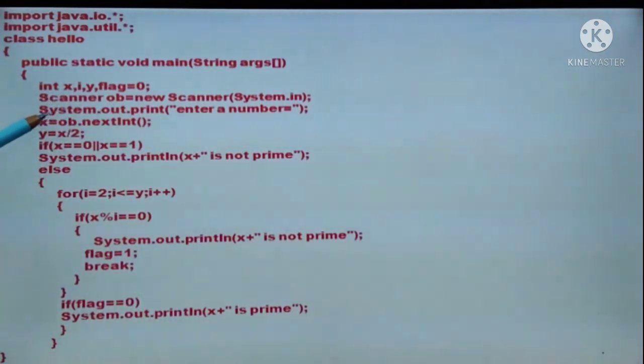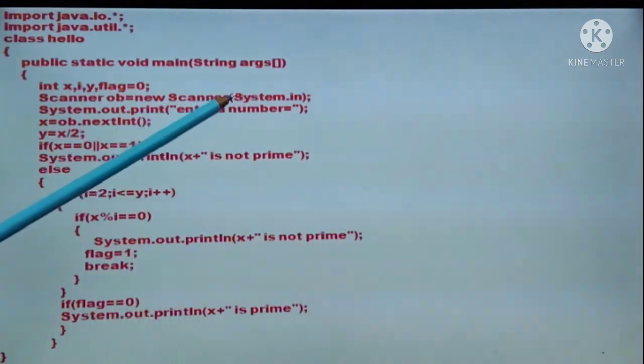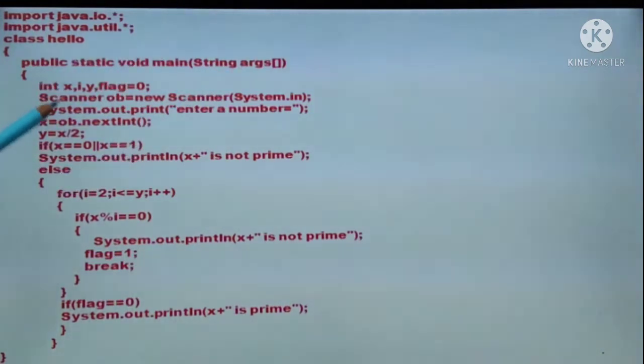How do you declare? Scanner, where S should be in caps, then ob is the object. You can take any other name for the object. So I have written ob, then equal to new Scanner, again S in caps, then System.in, where S should be in caps.